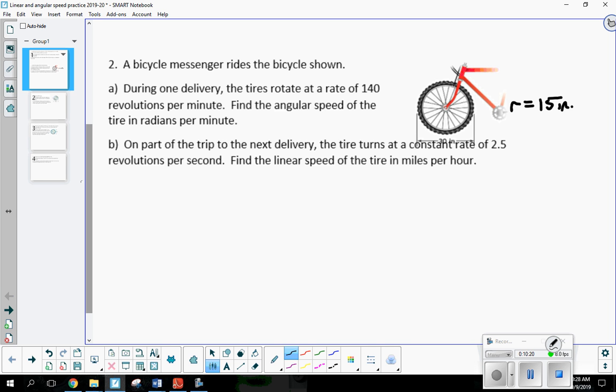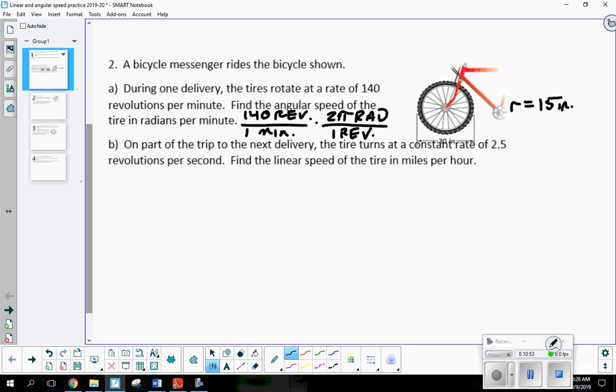Okay, so angular speed. So I'm already thinking what for the first fraction? How fast is it spinning? Okay, so 140 revolutions in how fast a time? In 1 minute. Okay, so 140 revolutions in 1 minute. Remember, we always start out the same way. What am I going to multiply this by now? We're going to go ahead and introduce the radians: 2 pi radians over 1 revolution.